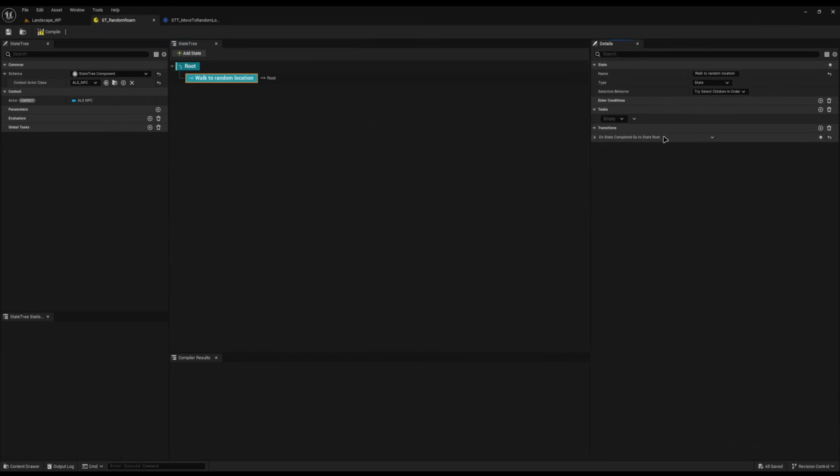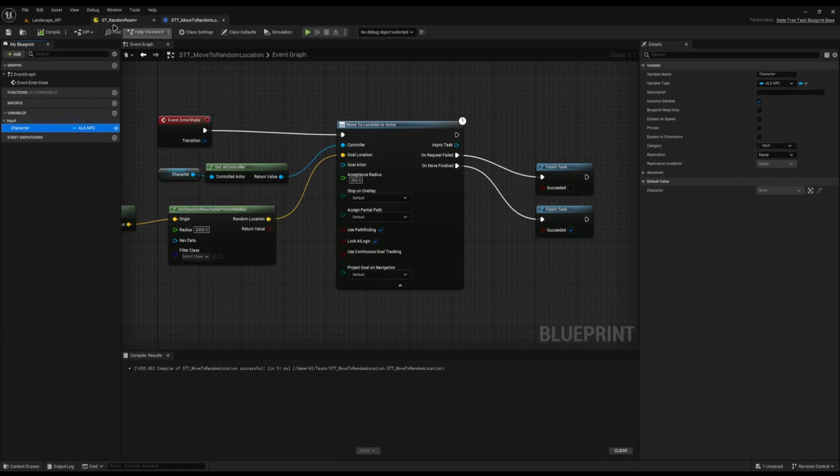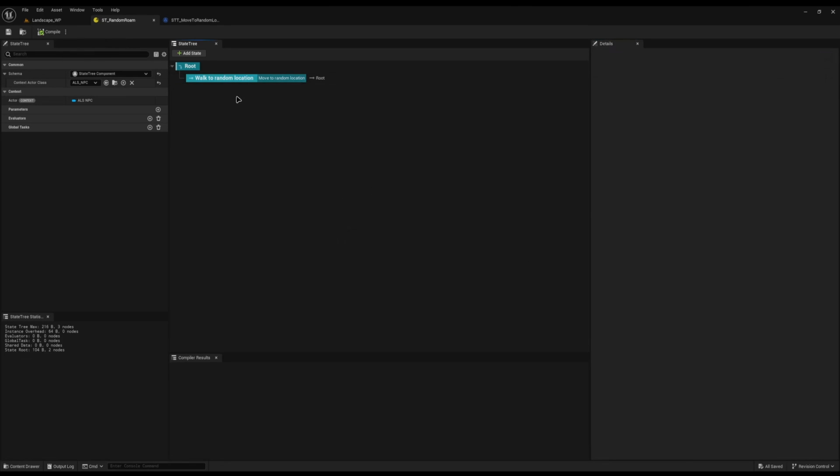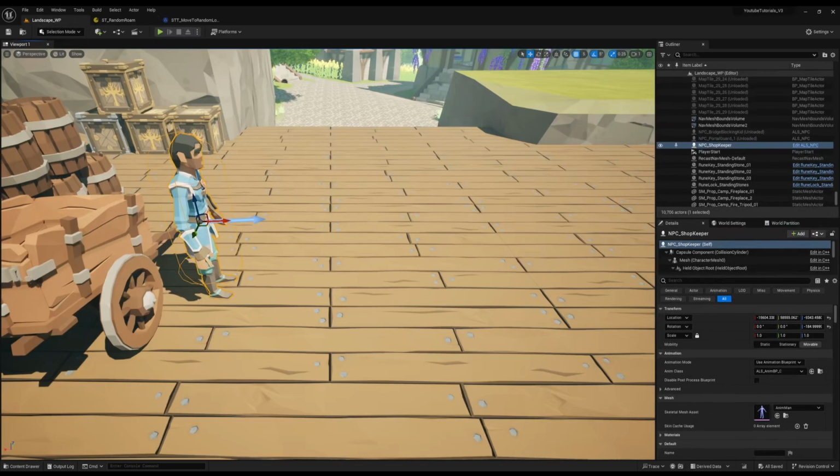And now when we go back in to the task, you will see it says move to random location. It just looks a little nicer. I'm going to click this one and open it up. As you can see, we already have one in variable, which is what we set earlier as the input. So that's why it's working. You see it's asking us to provide one from the state tree. So I'm going to select the actor like so. That'll select our context actor, which is the character who's driving this. And there we go. So if we compile and save, now if we go back to our